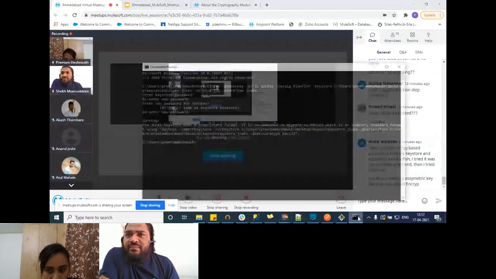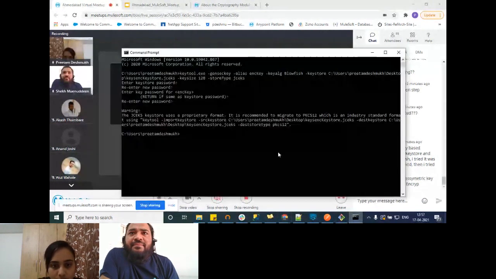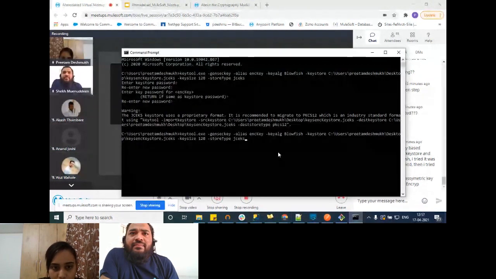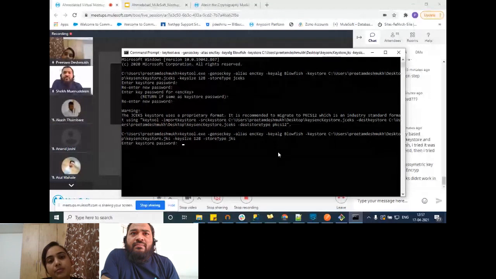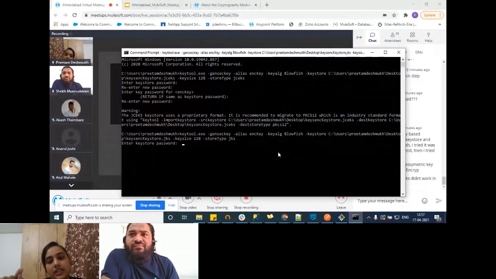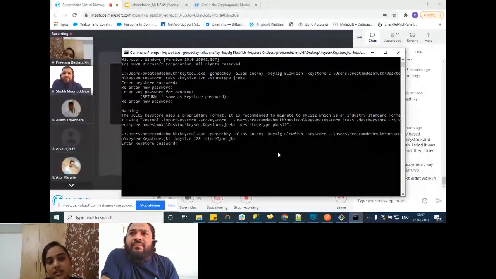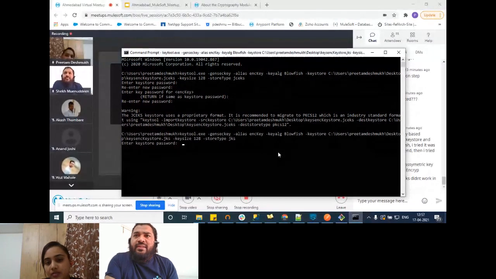It's just that while generating the key, we'll be making use of .jks, and we have to change the store type also to JKS. Otherwise there is nothing much different. Just make sure that in the JC configuration you are selecting the type as JKS and not JCEKS. I think by default it is JKS only.